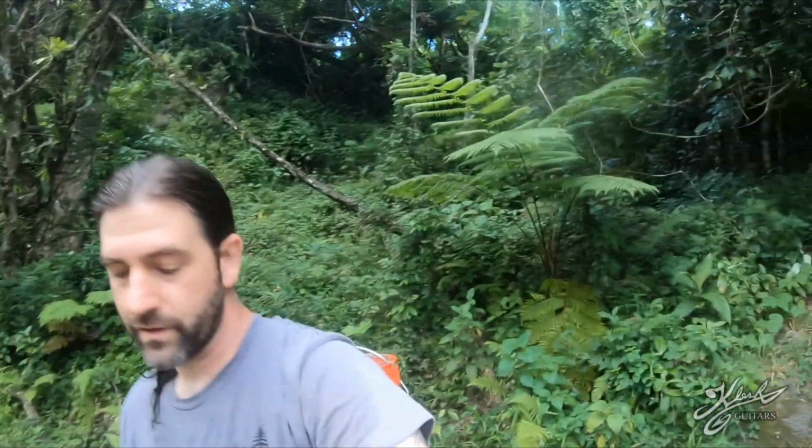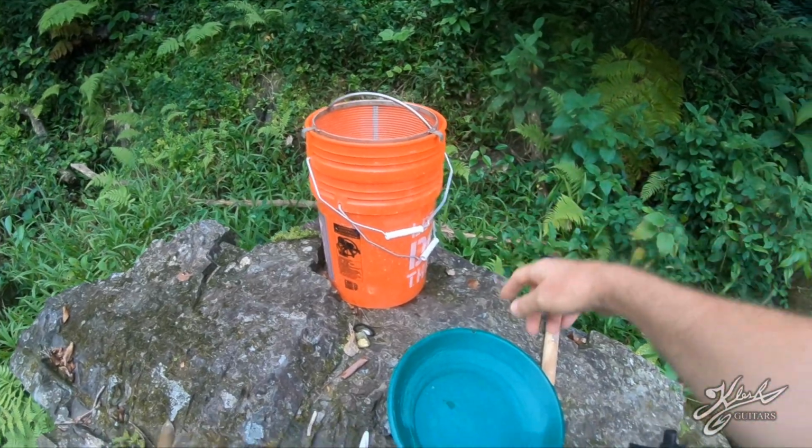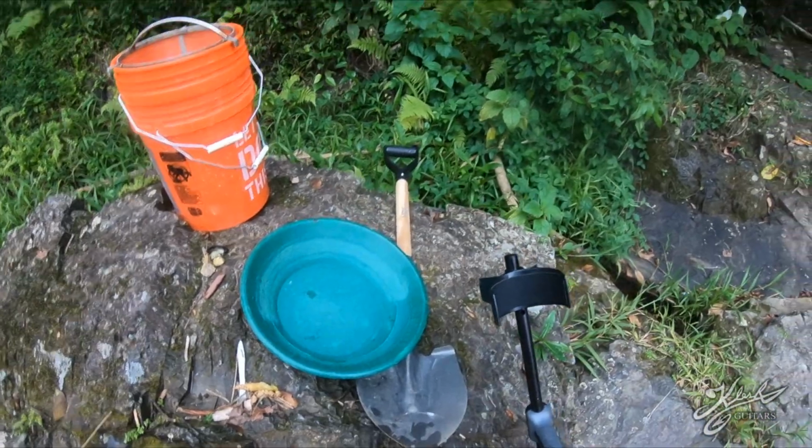I do have my gold prospecting equipment with me here. I got 2 buckets, my Arbor Fabricating classifier, I got a snuffer bottle inside, my Garrett Super Sluice gold pan, and my Home Depot shovel there. So the sun is getting ready to go down. Let's go ahead and do a couple buckets and see if we can find any gold here on the famous